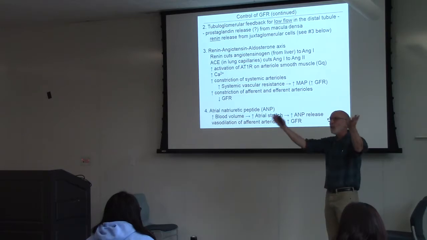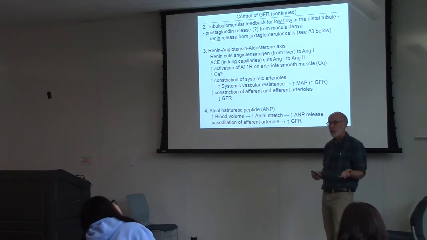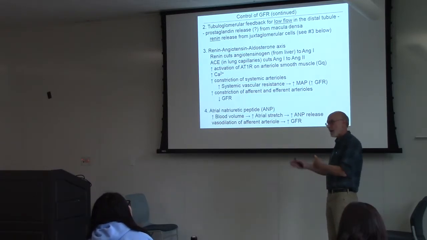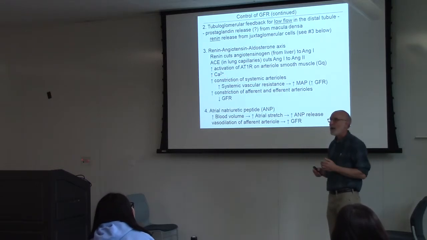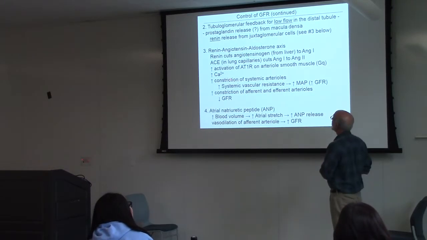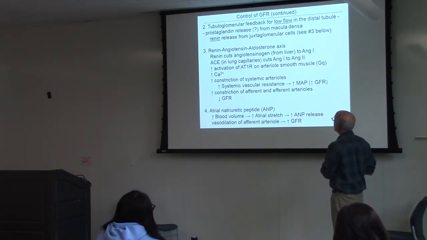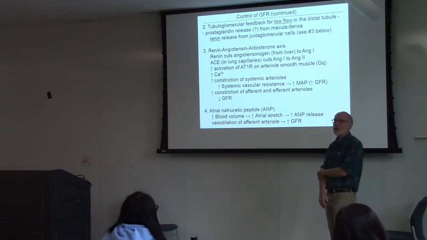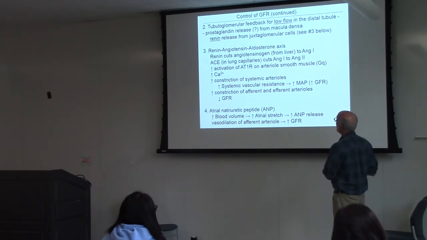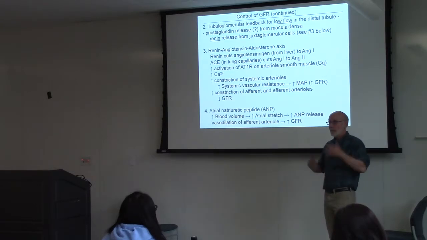So now your brain is off and running with the whole GQ story, just like it was with norepinephrine and the alpha adrenergic receptor. Now we have an angiotensin 2 activated angiotensin 1R, which is also GQ coupled. Okay, then the whole story that I gave you the players of a few minutes ago, constriction, this hormone constricts arterioles all over the place. And so by constricting arterioles in the muscle,